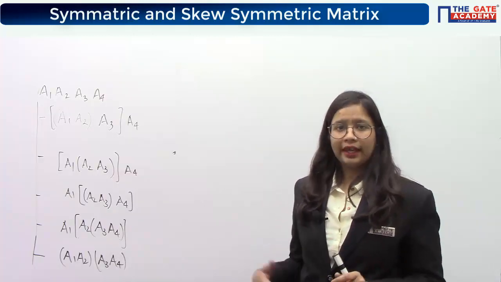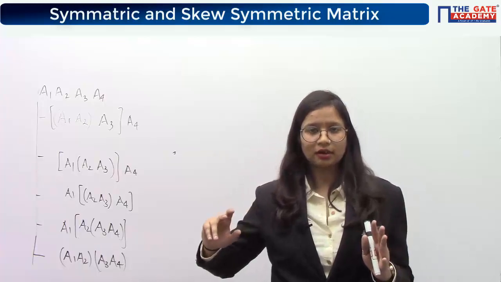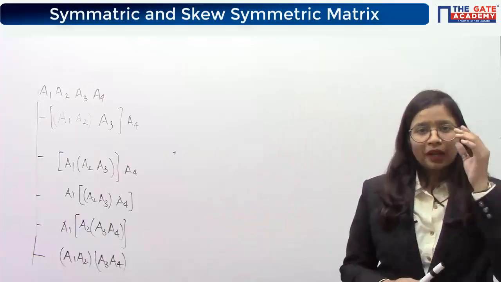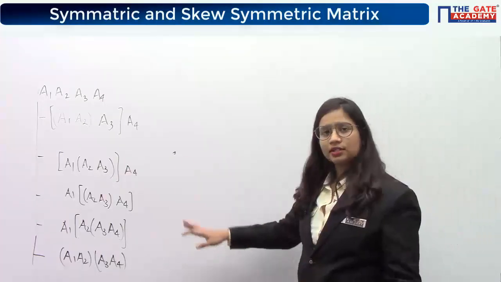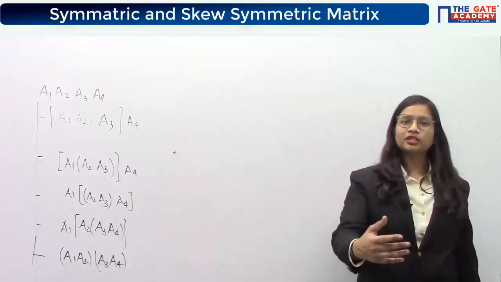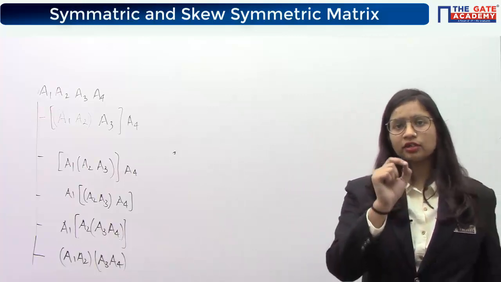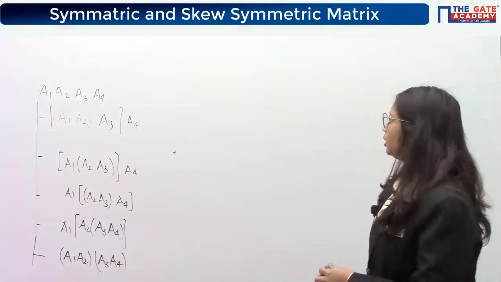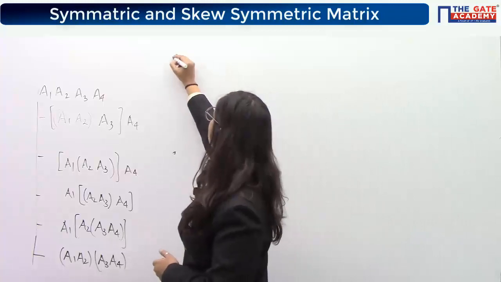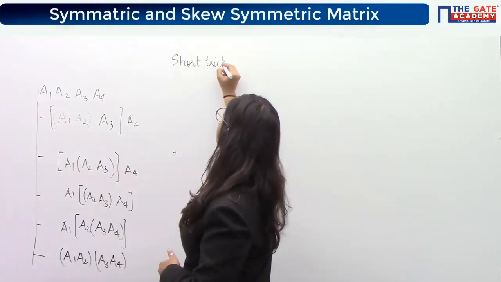Understood or not? Like in the last case, we had 2 ways. We just found out individually for each way the number of multiplications required, and then we found the minimum. But for this case, you have 5 ways. Now you will have to check all the 5 ways to get to the minimum. So in this case, you will have a short trick that you can use here. So let me discuss that short trick. By the way, the correct answer is 1500 only.